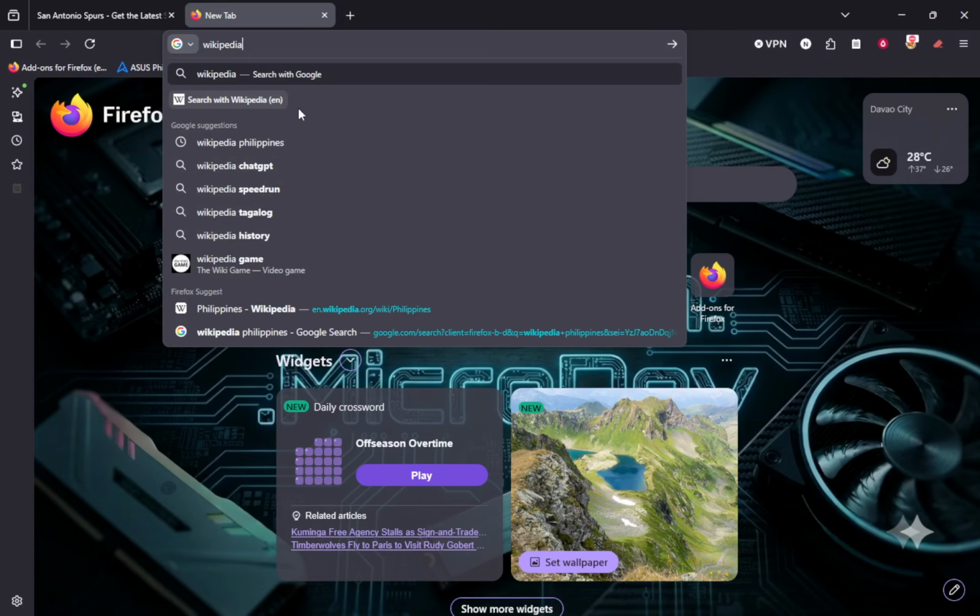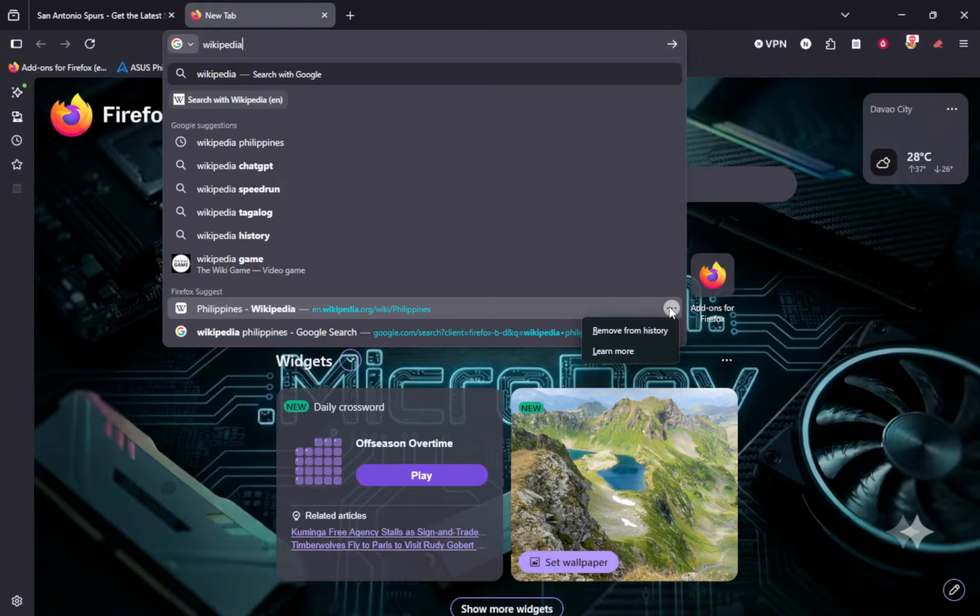With the list of suggestions open, use the down arrow key on your keyboard to move the highlight onto the search you want to delete. You will see a slight color change or a bar showing which suggestion is selected. Take your time here because Firefox will only remove the entry that is currently highlighted. If you move past it, use the up arrow to go back.